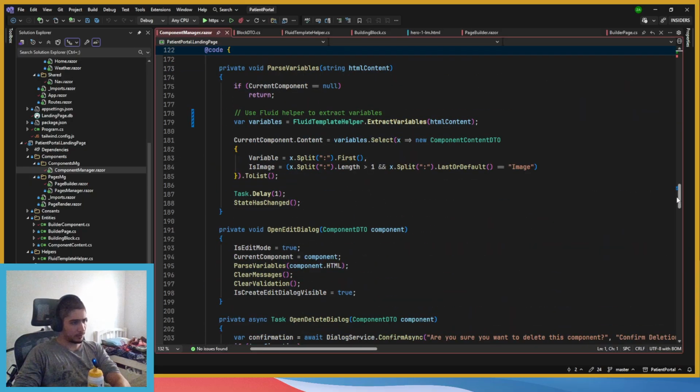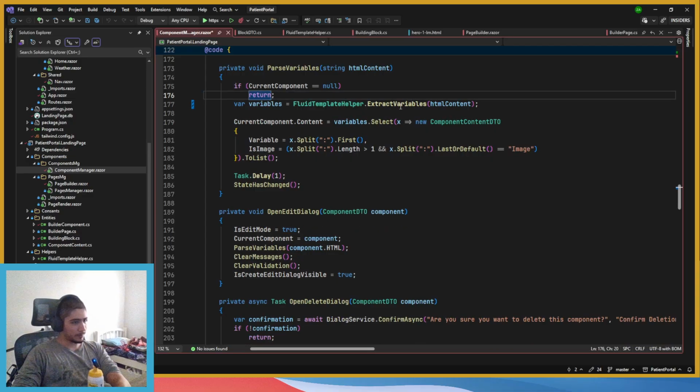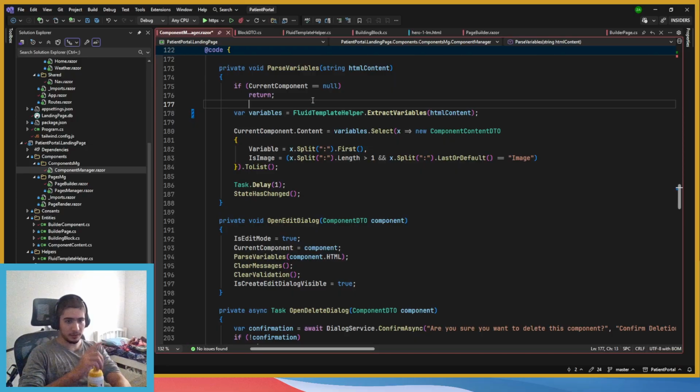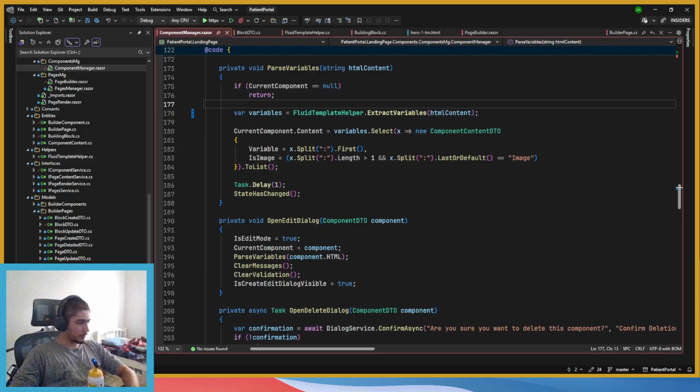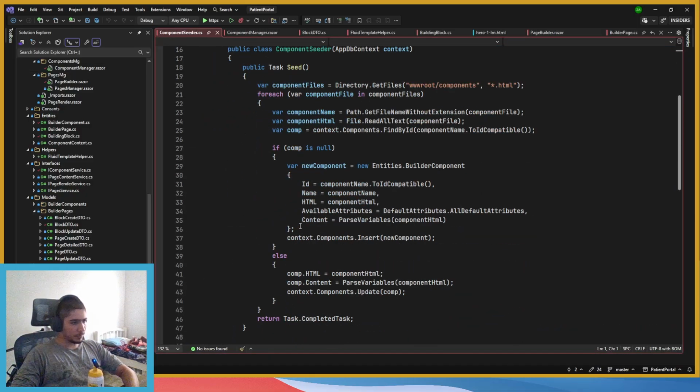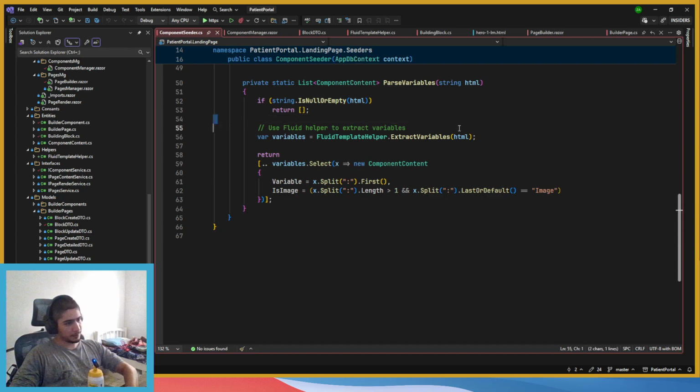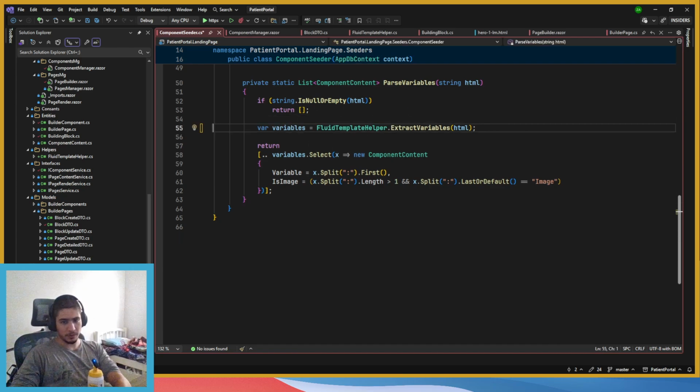So the change is this. Extract variables. We're gonna have to try this in a second, just to see if it works. And I know it also added it to the seeders. Let me check. Yeah, so it removed all of that from the seeders and it added it to the seeder. Let's go check. So this part basically, yeah. Remove the old code. Component manager. Also we saw it.